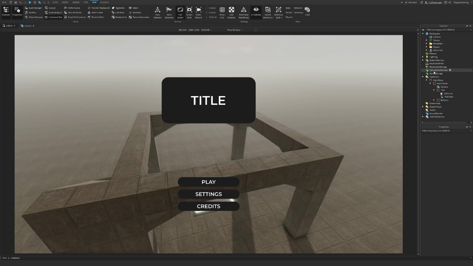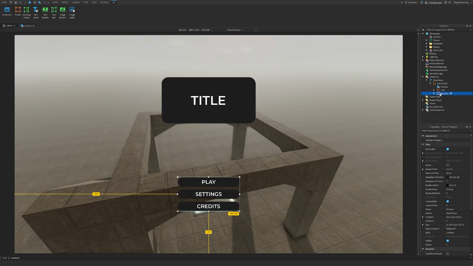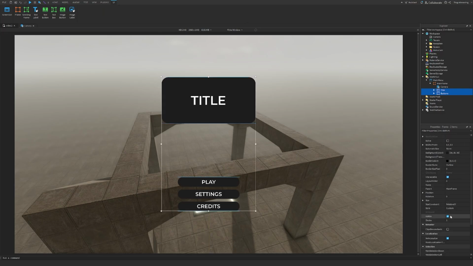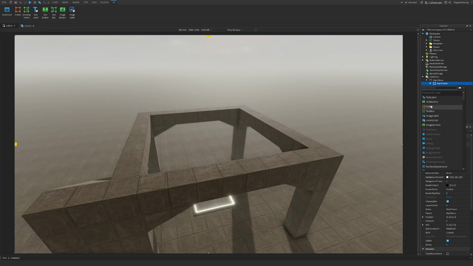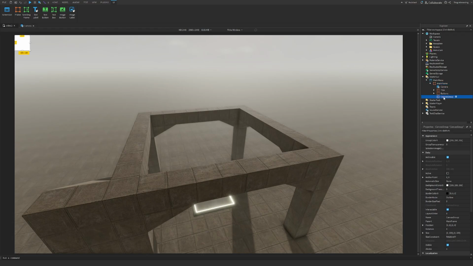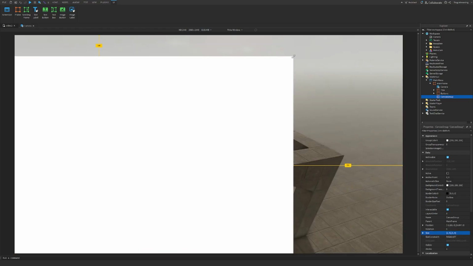So we can click the arrows on both of these, and we'll click both of these, scroll down, set visible to false, insert a new frame, click on the plus in main frame, and we'll insert something called a canvas group. This is basically just a normal frame, but it has a few more properties that make it pretty cool. So what we'll do is, we'll set the size to 1, we'll scale it down like we did with the title,